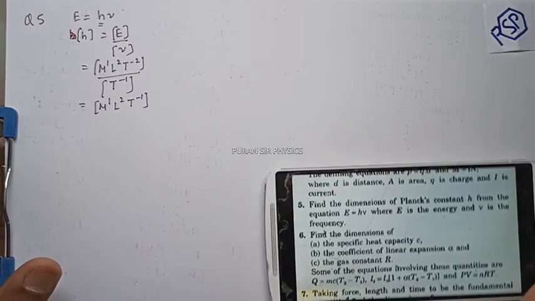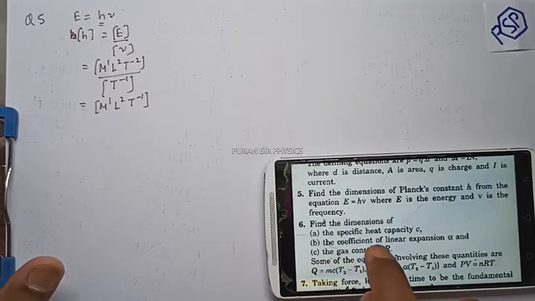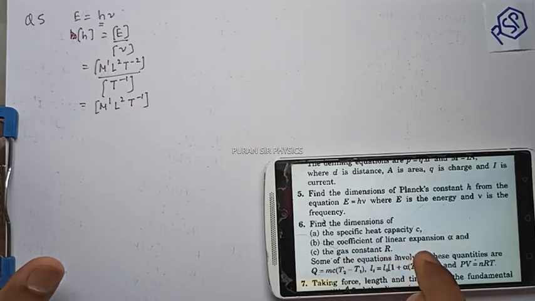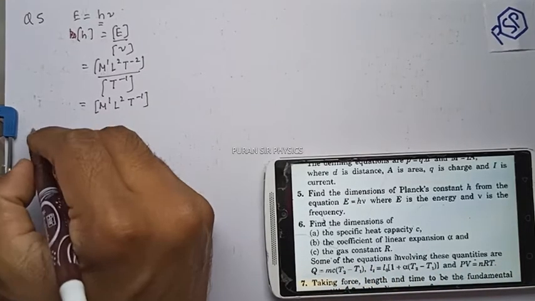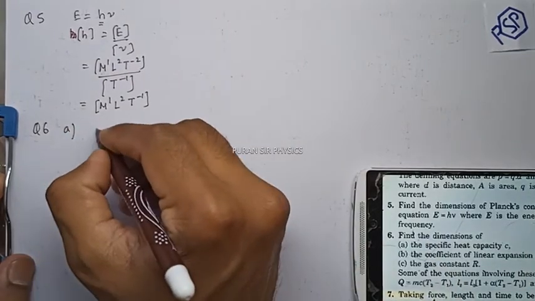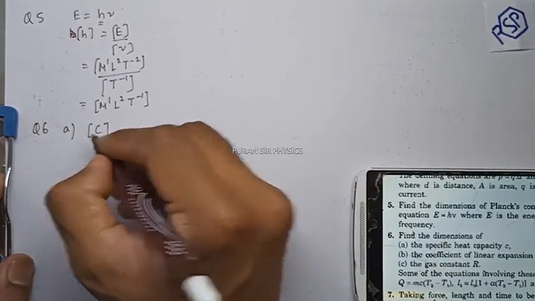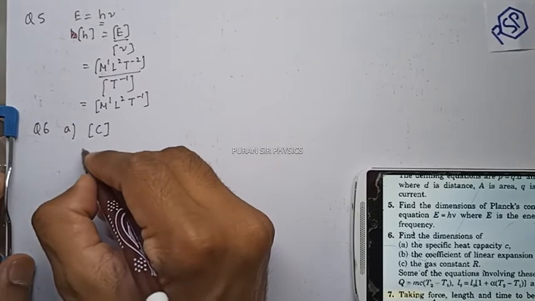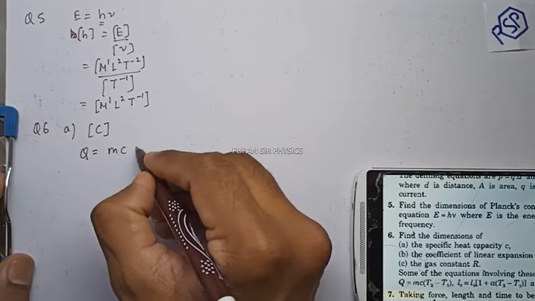In question number 6, find the dimension of the specific heat capacity, the coefficient of linear expansion alpha, and the gas constant capital R, and the equations are given to us. So let us see in question number 6. First part is the dimension of specific heat capacity, and the formula is given as Q is equals to mc